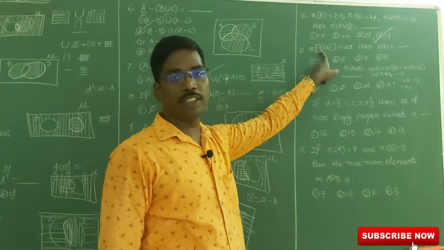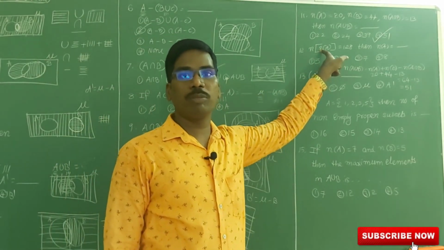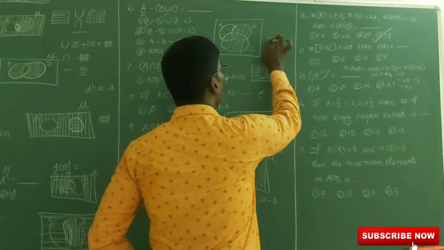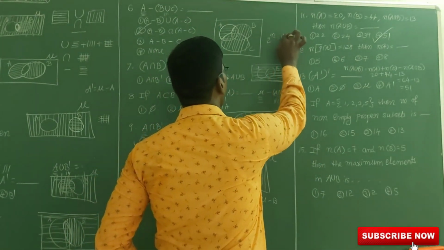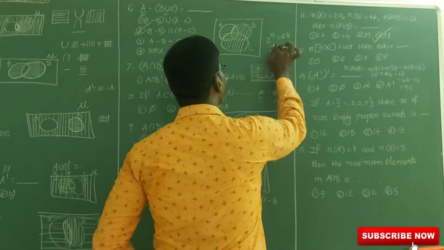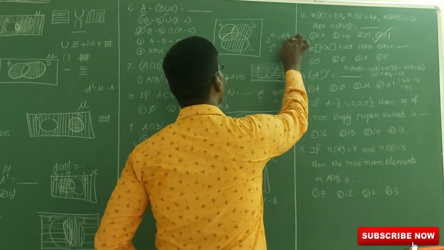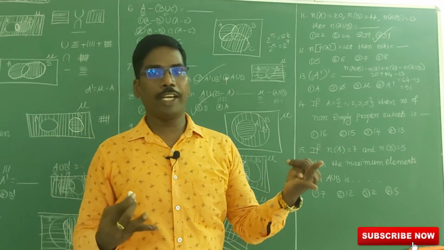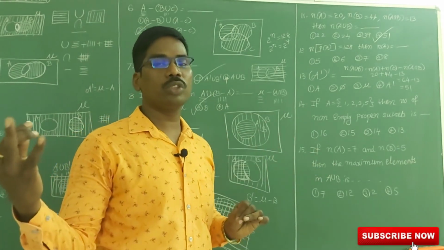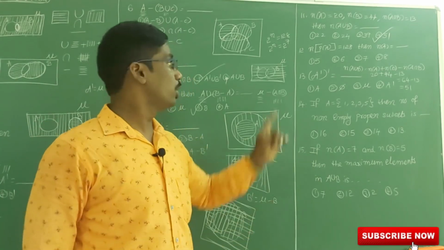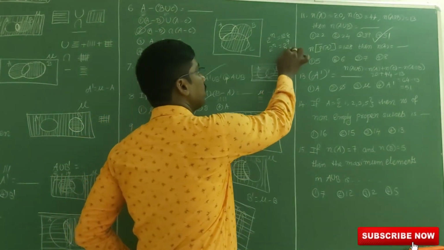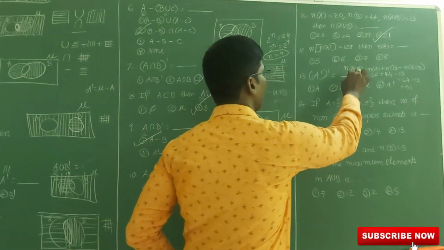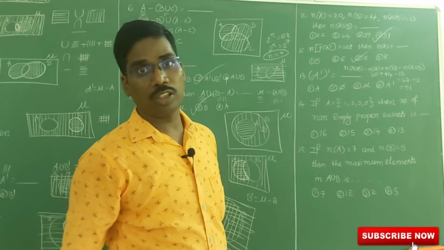Next, n of P of A is equal to 128, then n of A? This is power set. Yesterday I told you about power set. Power set means 2 power n elements will be there. So 2 power n is equal to 128, so 2 power n is equal to 2 power 7. See, 2 power 7: 2 2s are 4, 4 2s are 8, 8 2s are 16, 16 2s are 32, 32 2s are 64, 64 2s are 128. So the bases are equal, then the powers are equal, n is equal to 7. So n is equal to 7, that is the third option.